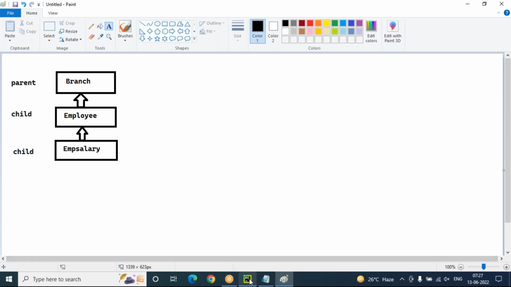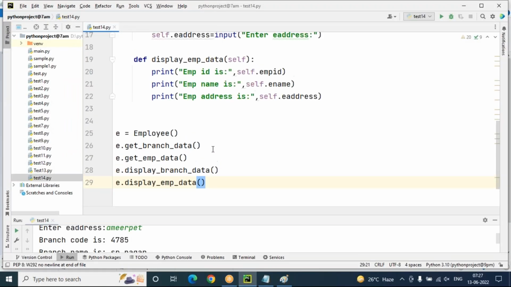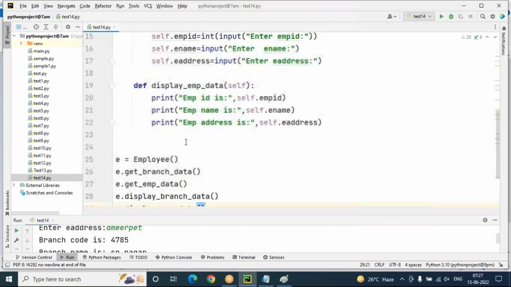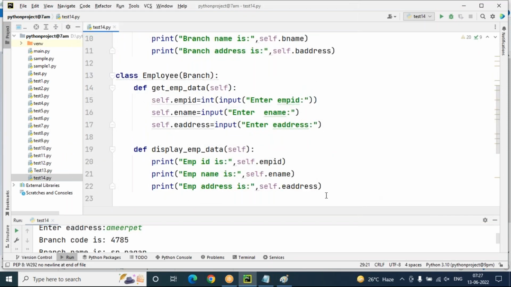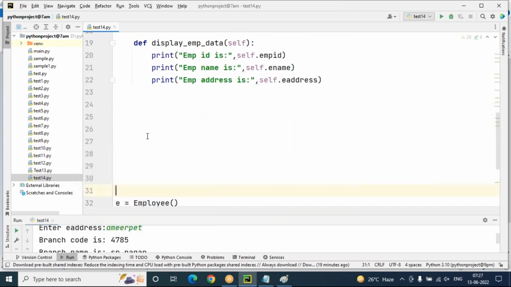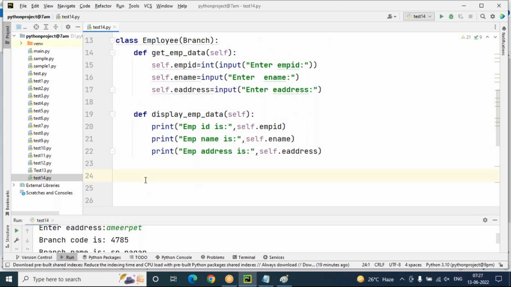Extensibility means that in the previous example, we included only the employee class and branch class implementation. Now we are extending it. How to do the extension? We'll see. So forget about this object creation. I'll bring it back. And we have to create one more class here additionally, a third class, EMP salary class, which